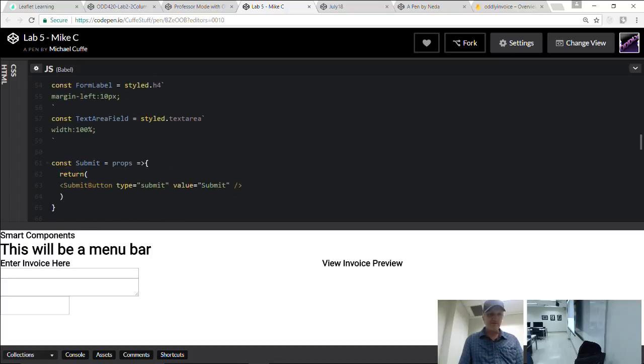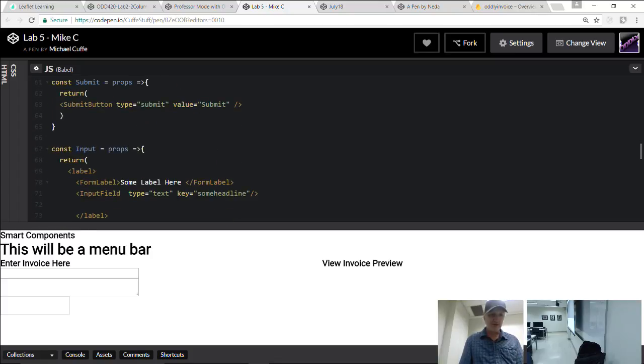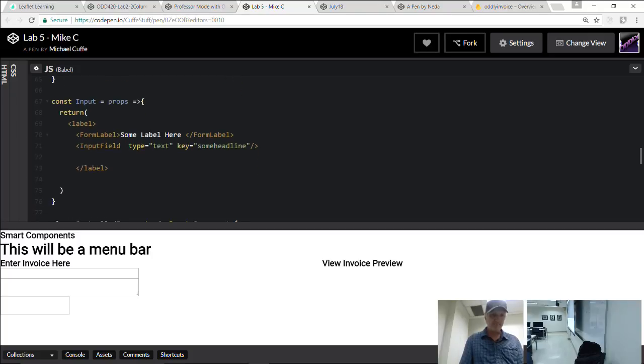So there's input field, there's form label, that looks good. So here's input. Form label. We don't need a space before the closing? After key, some headline, there's no space. Could be, might need a space there, that is true.